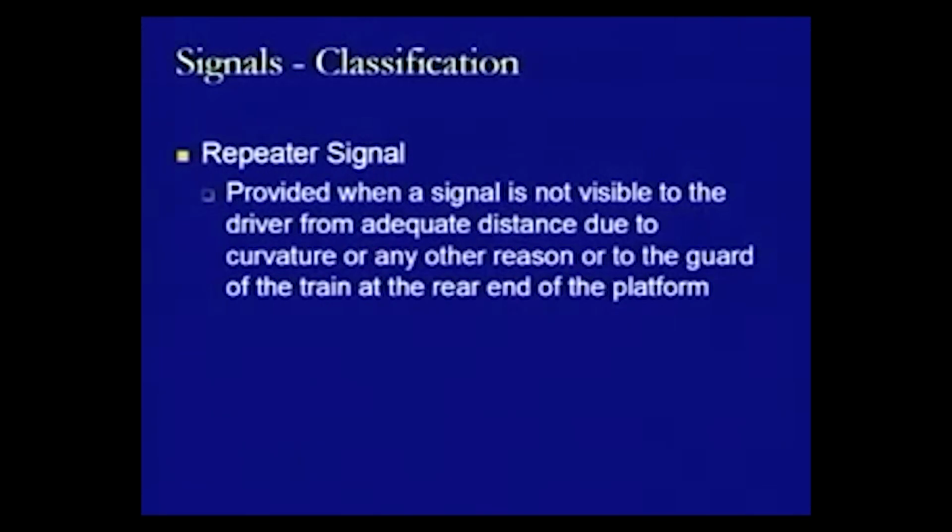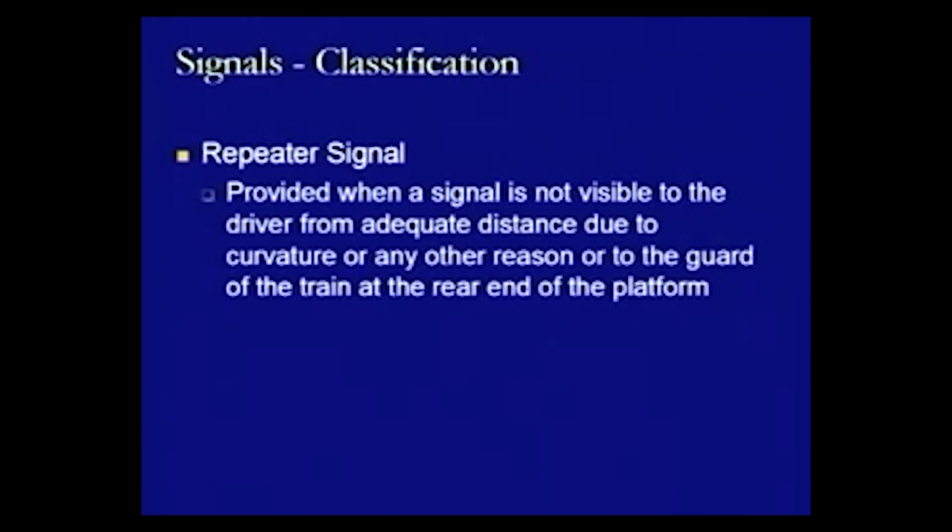Now, we start with the first category under the special characteristic signals, that is repeater signal. The repeater signal is provided when a signal is not visible to the driver from adequate distance due to curvature or any other reason, or to the guard of the train at the rear end of the platform. That is the problem which is there. If a train is standing on any platform, and because of the curvature provided within the platform, the driver is not in a position to see the main home signal, this starter signal, then in that condition another signal is provided